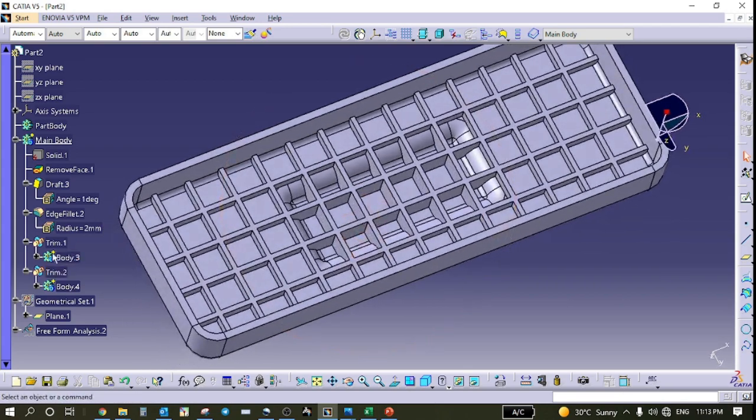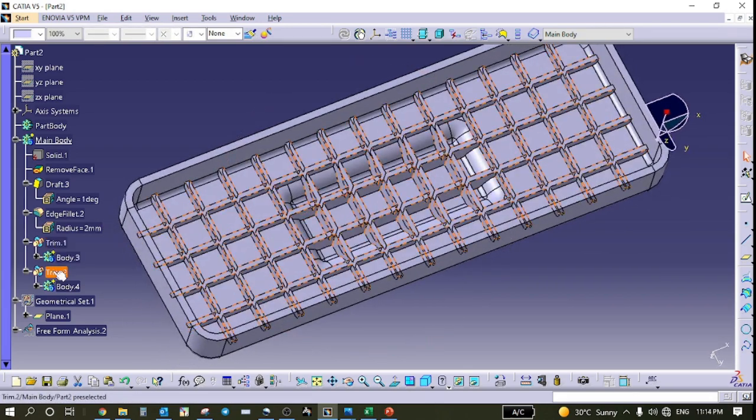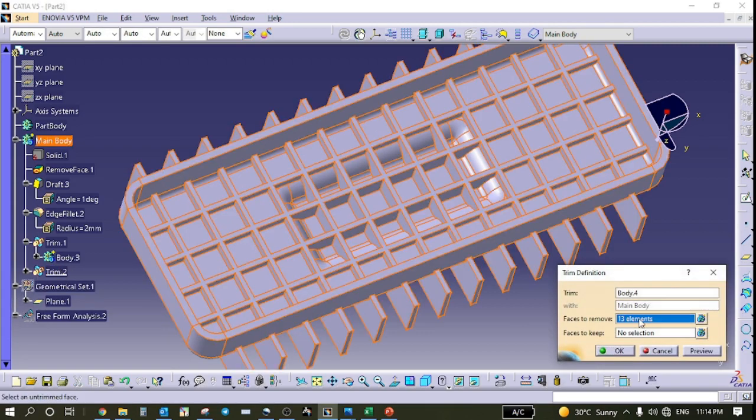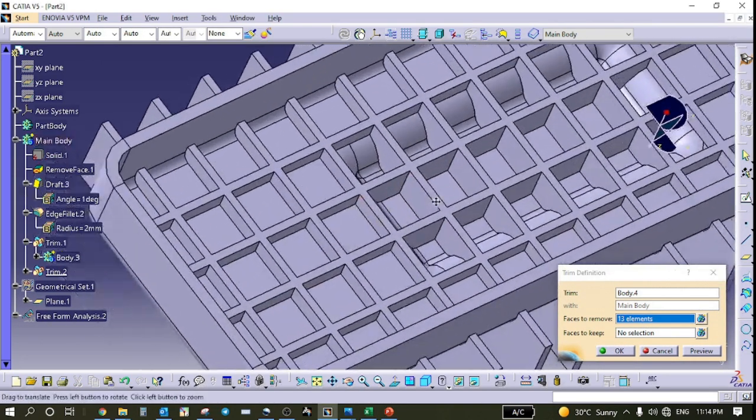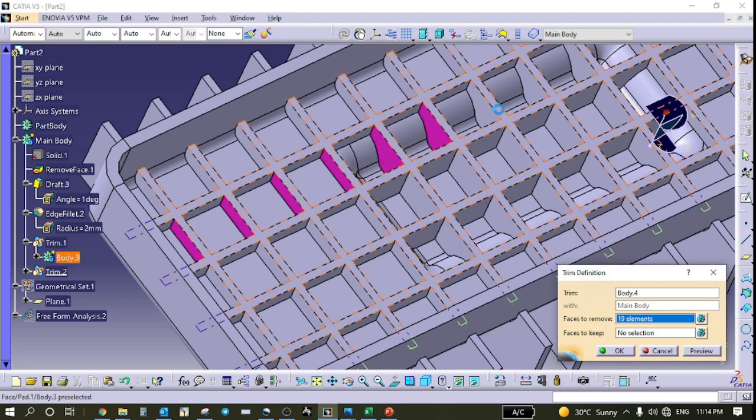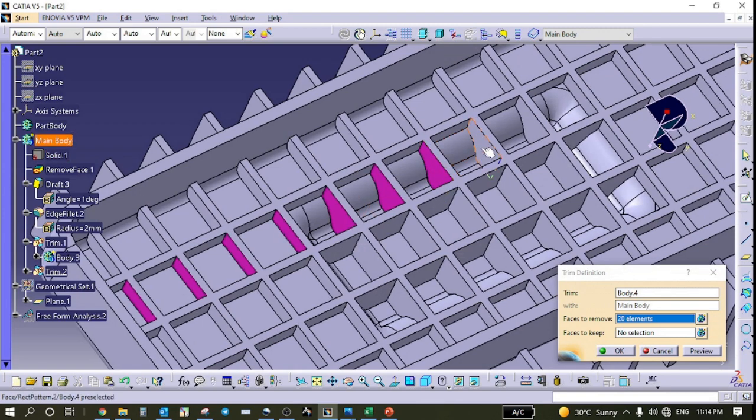So for the vertical rib, we will remove one line after that. Select faces to remove, that means these ribs are removed with this command, and we will place other ribs here, alternating.